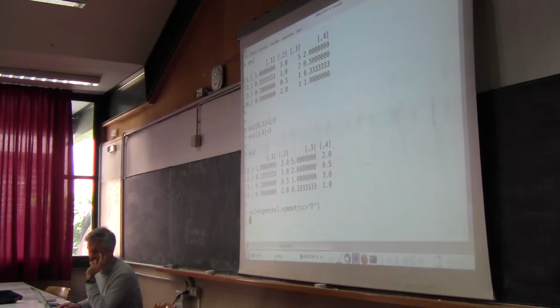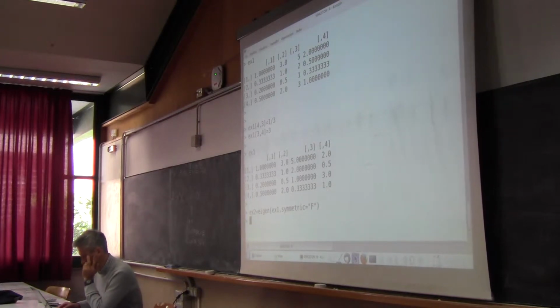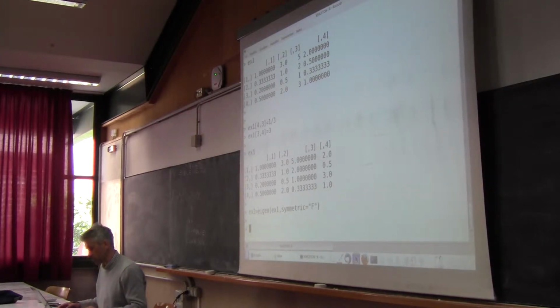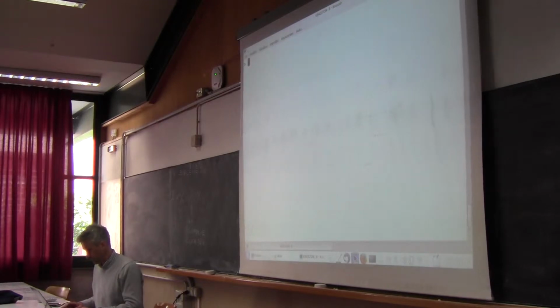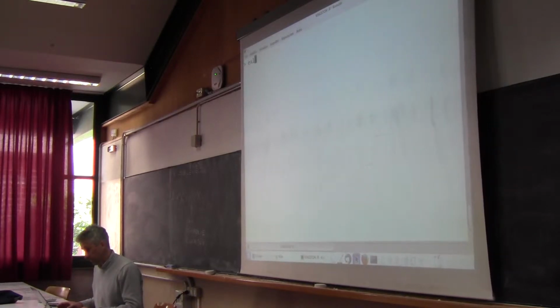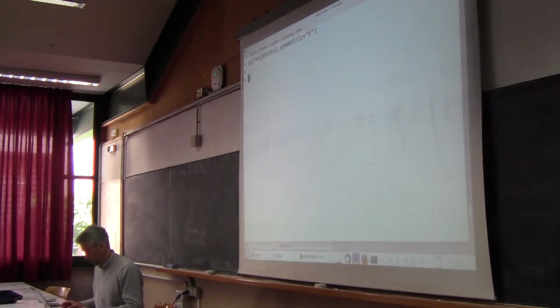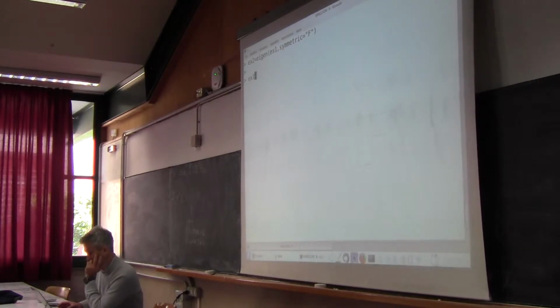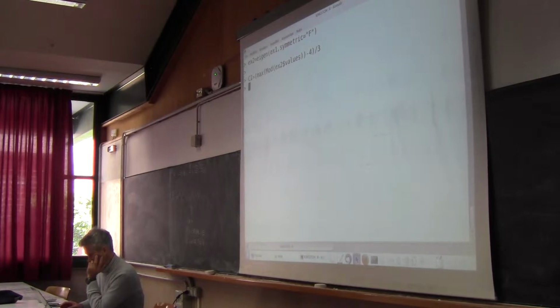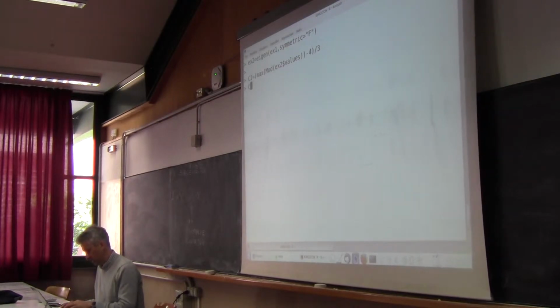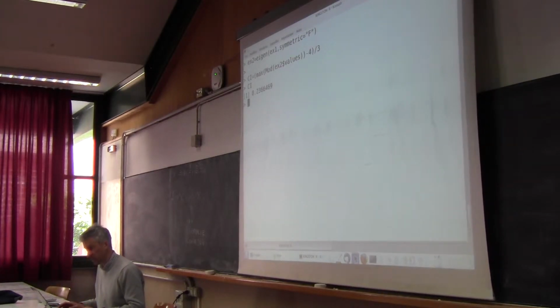Computation of eigenvalues and eigenvectors. Okay, good. Now let's compute directly the consistency index. I repeat the last instruction. Okay, the consistency index. Let's see what is the result. You see that it's higher,